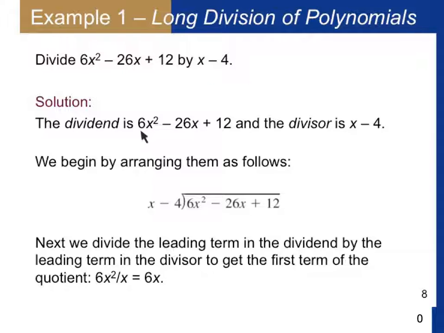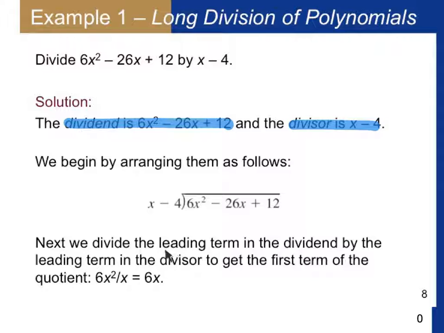So our dividend is what we're starting with, 6x squared minus 26x plus 12. The divisor is x minus 4. So let me just mark that in. The dividend is that quadratic. The divisor is the x minus 4. And using our traditional long division, we would put the divisor here and the dividend